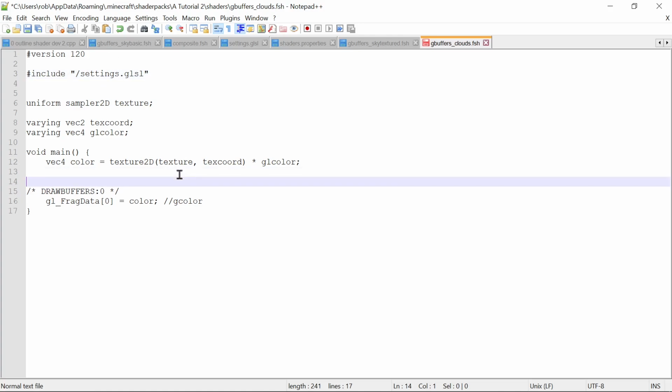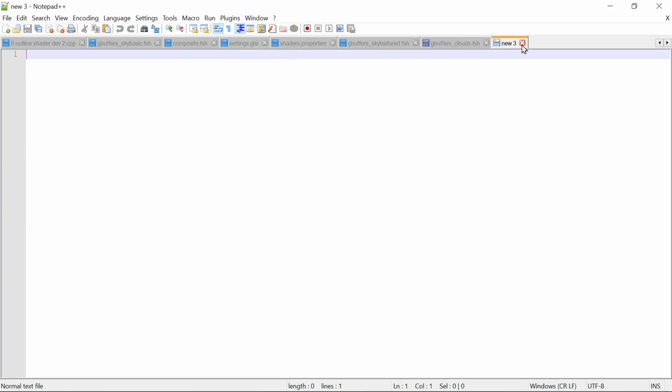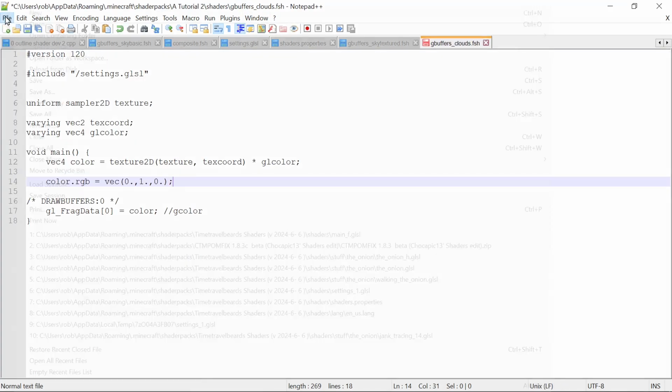So just to check if we're in the right spot, let's say color equals, and again this is a vec4 here, so we'll say color.rgb equals, and let's turn the clouds green. That's kind of scary. So 0 red, 1 green, 0 blue. Let's close that and let's see what happens. Oops, I opened a new thing there. We'll save it,